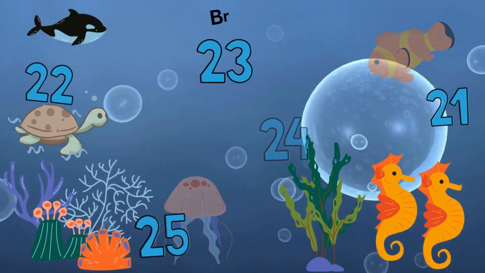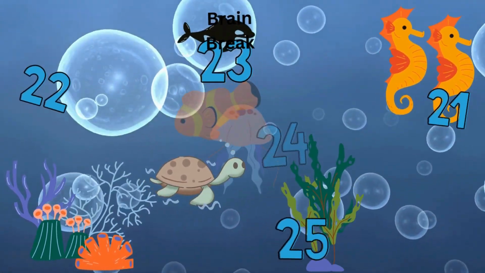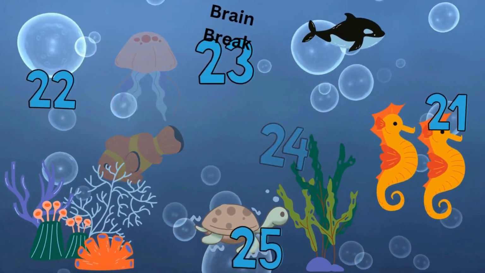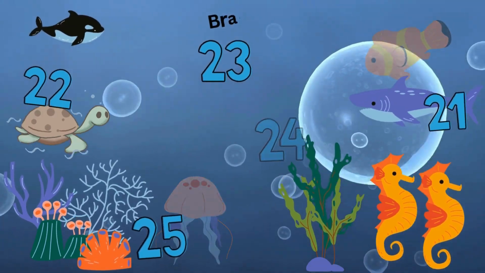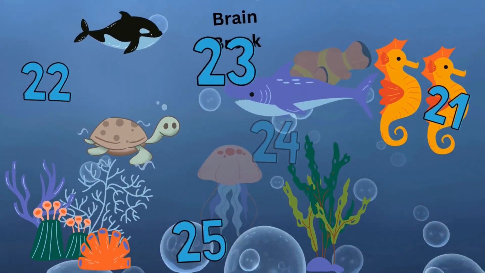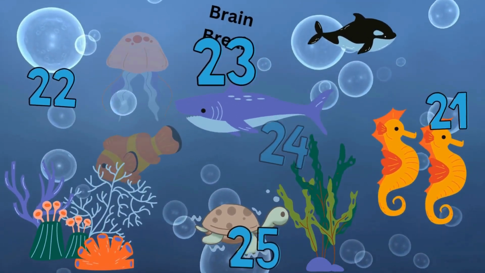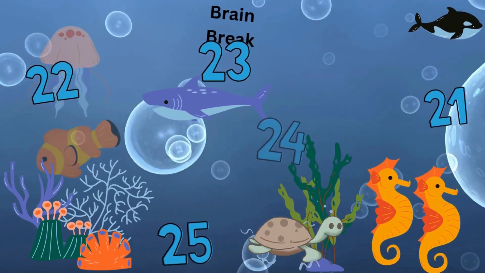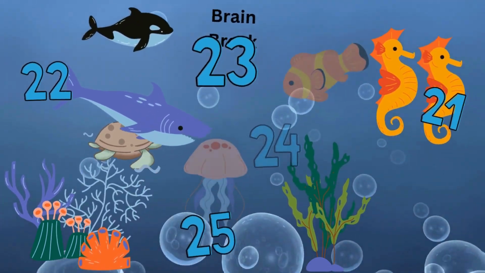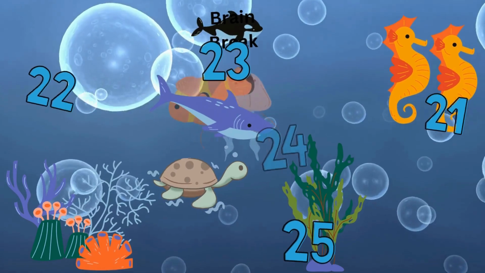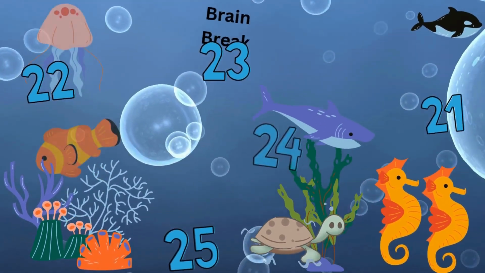Let's go, go, go. 21 apples on a tree. 22 fish swim in the sea. 23 birds fly way up high. 24 stars shine in the sky. 25 drums go boom, boom, boom. Fill the air, fill the room. Numbers counting one by